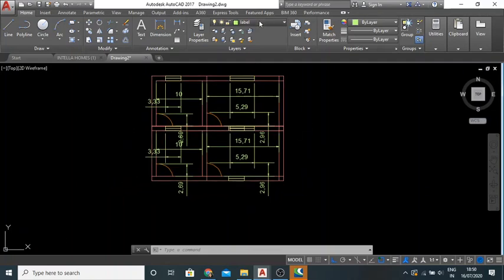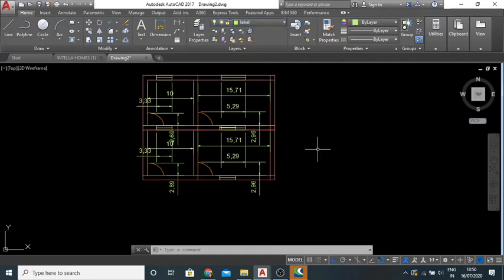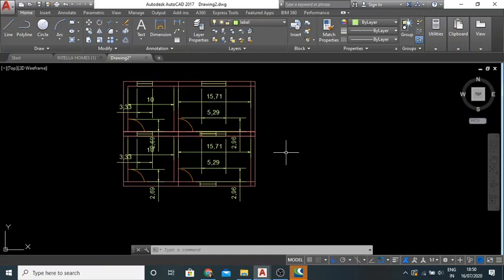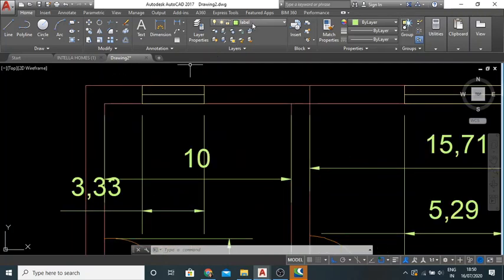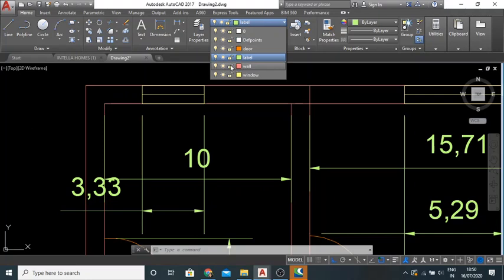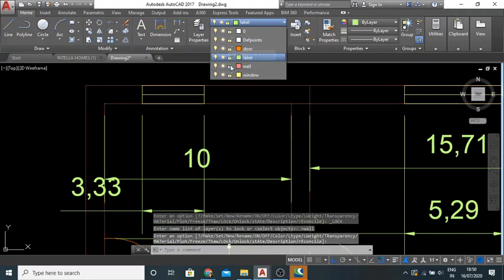The next option is lock and unlock. It is used for locking the plan or drawing temporarily. For example, if a plan is over and we are going on to the elevation, we can lock it temporarily. I want to lock the wall layer, so I select the wall layer lock.